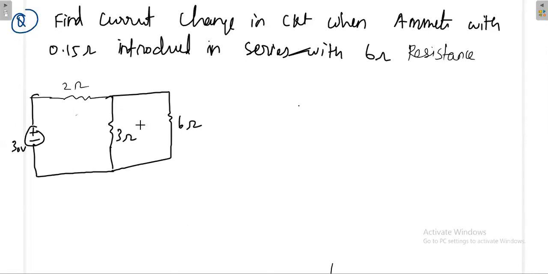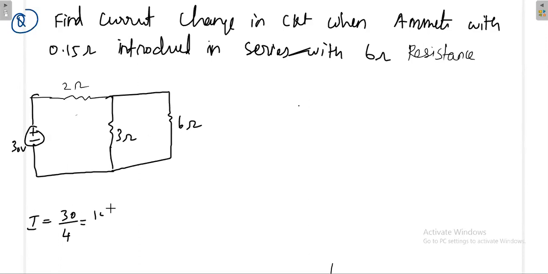Okay, before going to that, first calculate the actual current. What is the actual current? The actual current I is equal to 30 divided by 3 in parallel with the 6, which is 2, 2 plus 2 is 4, 30 divided by 4. Something is going wrong, I think. Is it correct? 30, 2 plus 2.